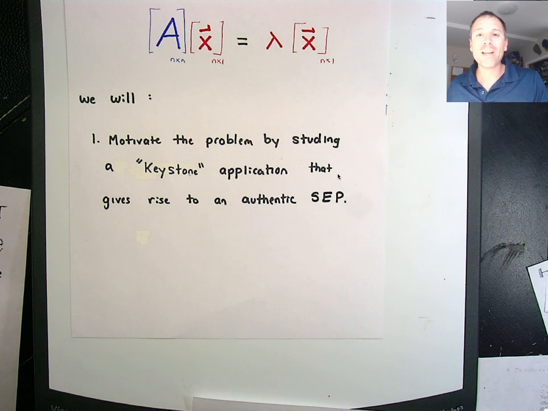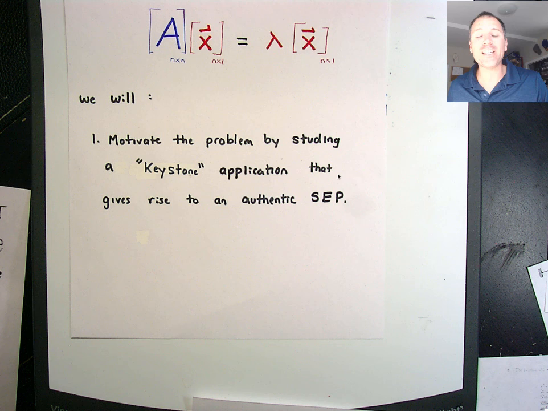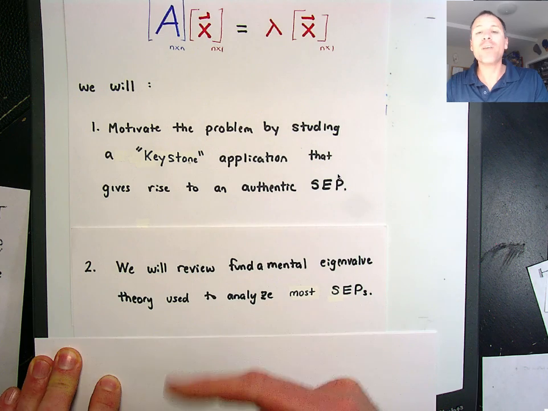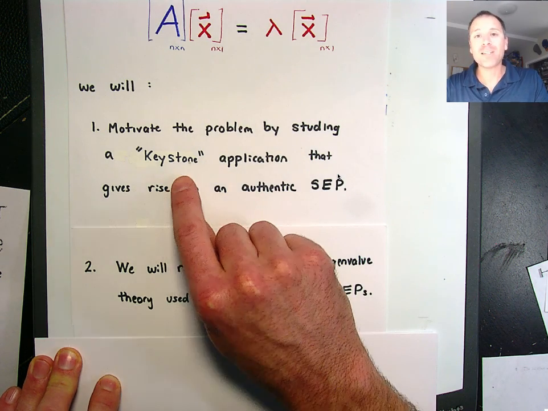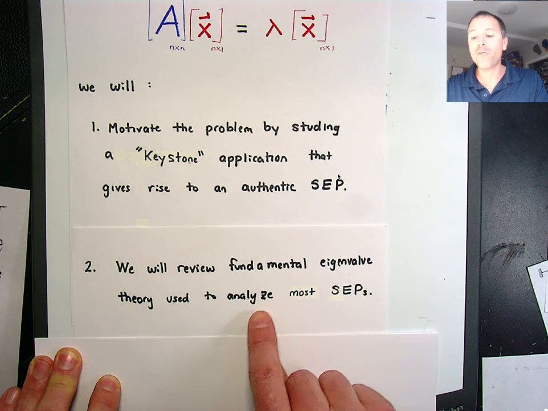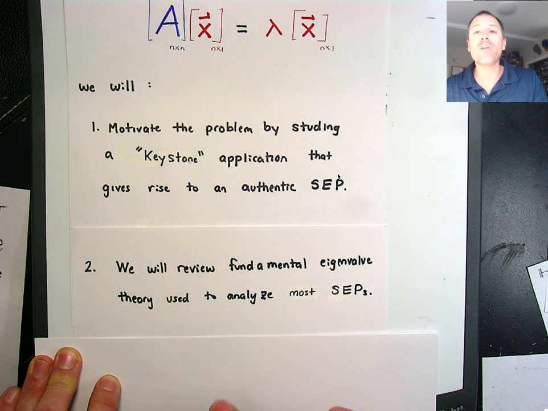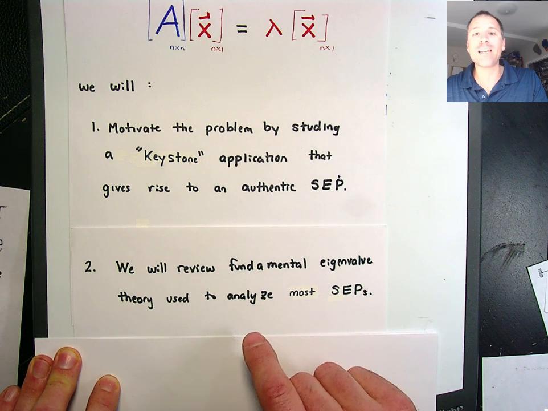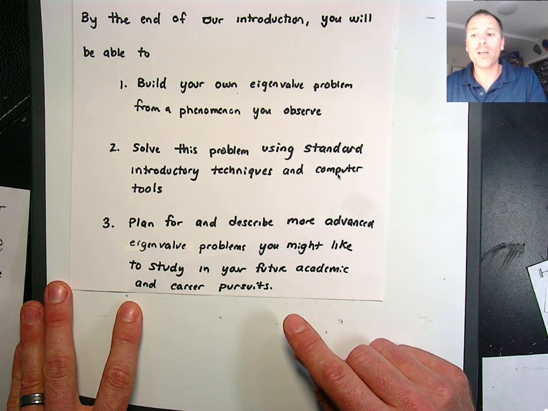So from that standpoint, in our introduction, I'm going to actually give you a keystone problem, which is a version of that spring mass problem central to so many of the ideas that we just covered. Not only that, but I'm actually going to guide you through the process of mathematizing our problem and then using fundamental eigenvalue theory to solve that problem and give useful information about the dynamics underneath. With that in mind, my objectives for our eigenvalue theory are the following.